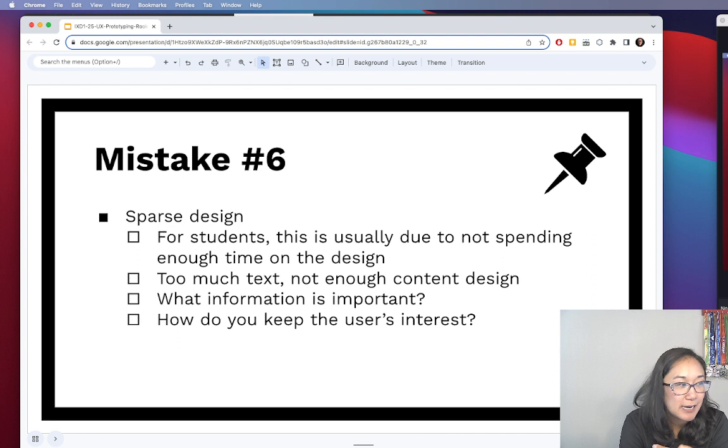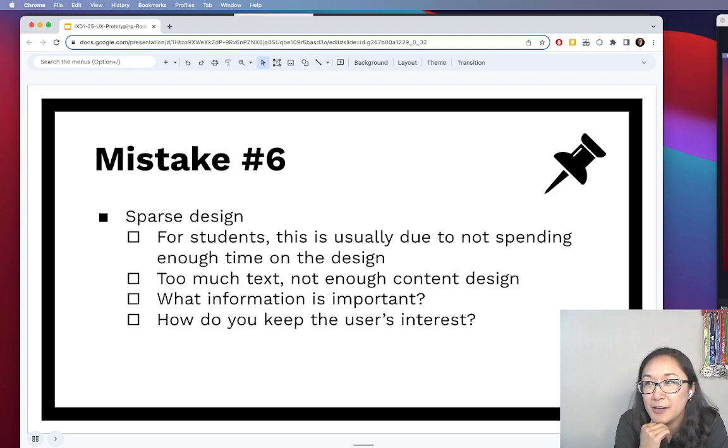Sparse design can also lead to general disinterest or boredom. So in the case of the school project, you will have my attention, of course, because I'll be grading it and looking at it. You'll have the attention of your design team as well. But when this project survives Interactive One and hiring managers are looking at it and trying to evaluate you as